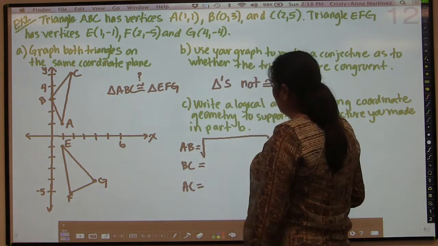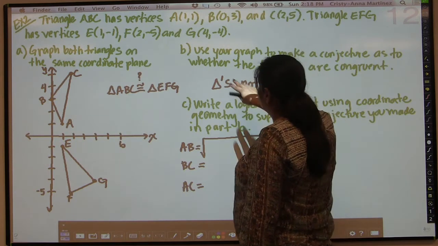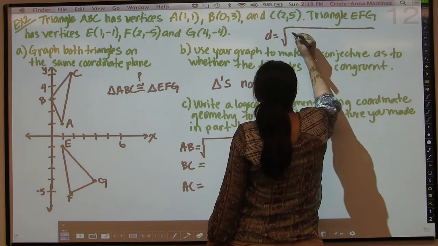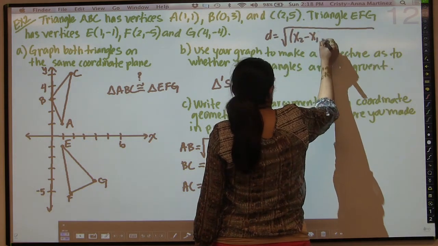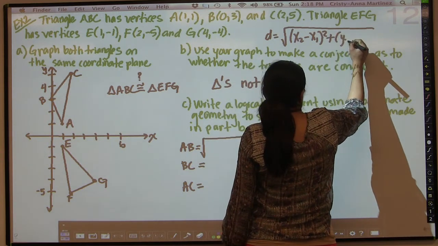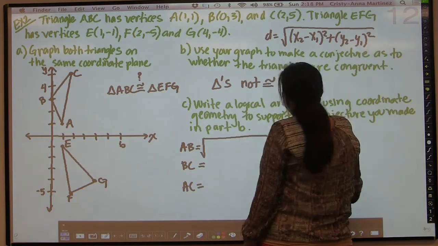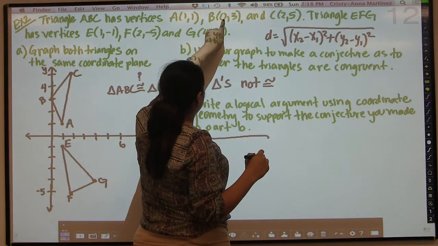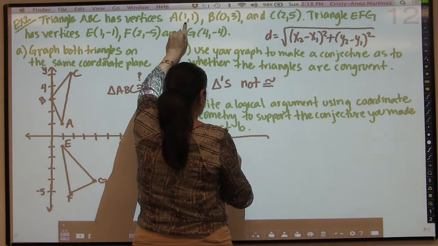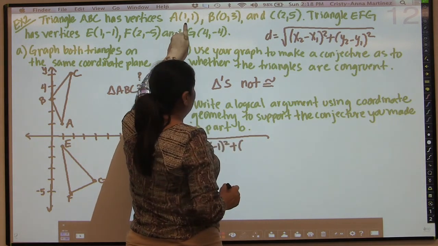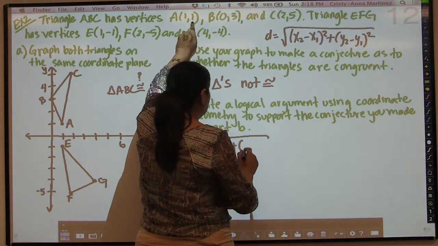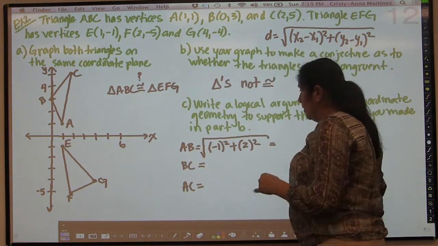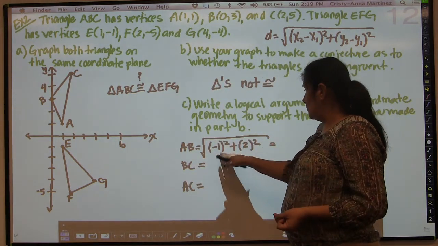For AB, we have to use points A and B. So we're going to do the distance formula, and I'll put it up here for you in case you don't remember it. It's the difference in the x values squared plus the difference in the y values squared. Okay, so we're going to go with AB first, points A and B, and the difference in the x values, I'm going to go 0 minus 1, which is -1 squared, and the difference in the y values is going to be 3 minus 1, which is 2. So -1 squared is 1, and 2 squared is 4, so 4 plus 1 is 5,